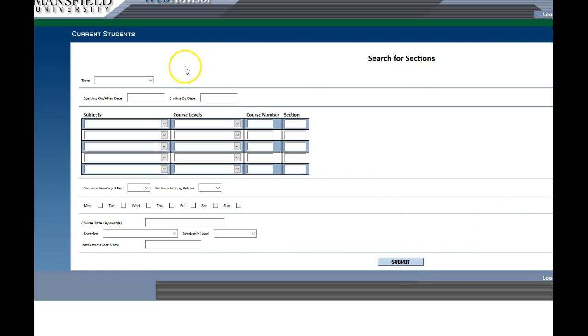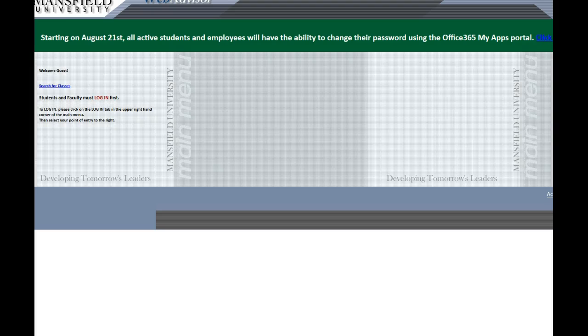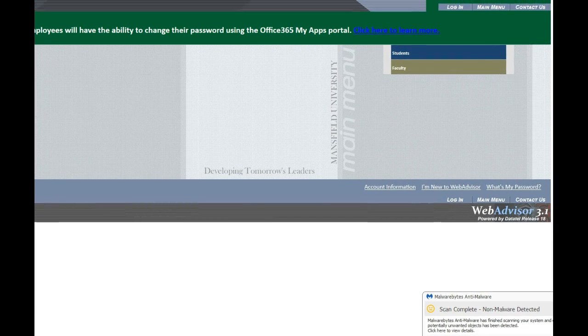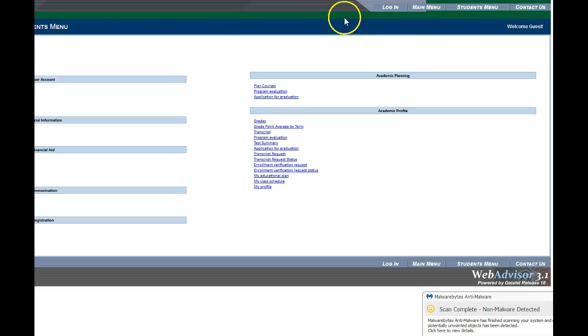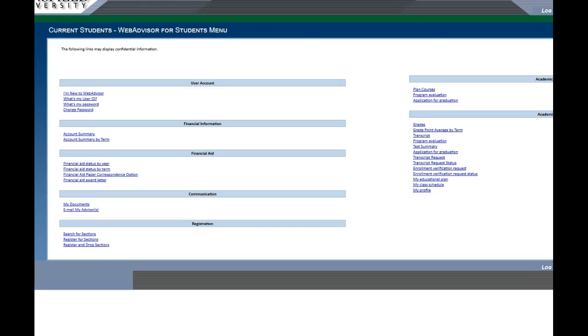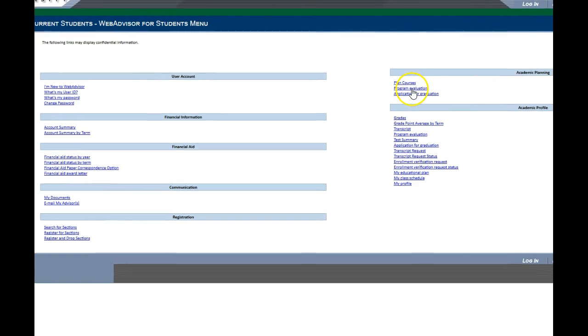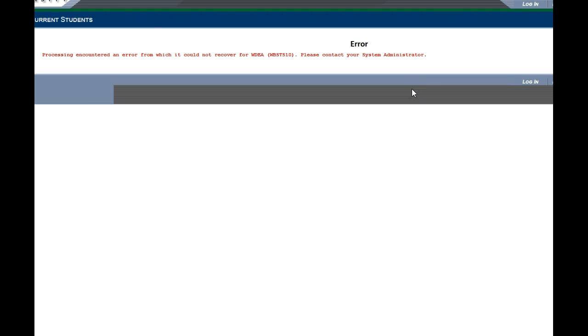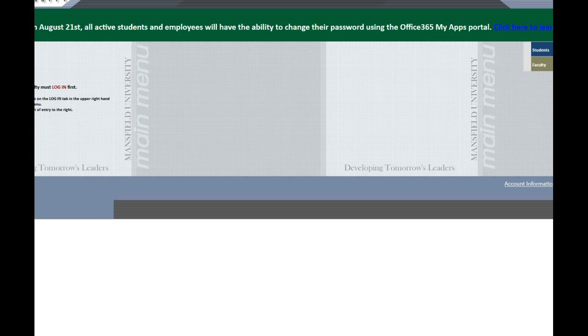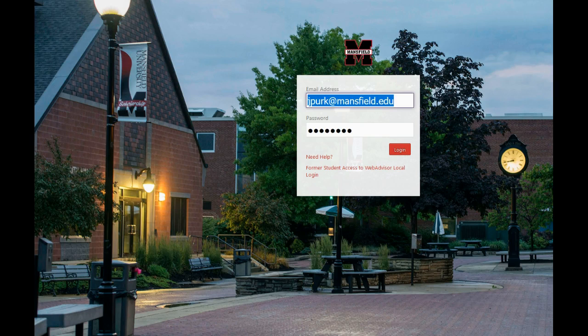But the next step is to step back and look at the main menu here for WebAdvisor as well. Now, if you click on Student, you're going to see your student menu, and you're going to see that you have a program evaluation. Now, it's going to come up system error for me because I'm not a student, but this is where it's going to give you your evaluation of your program. So for me to see that, I need to log in,